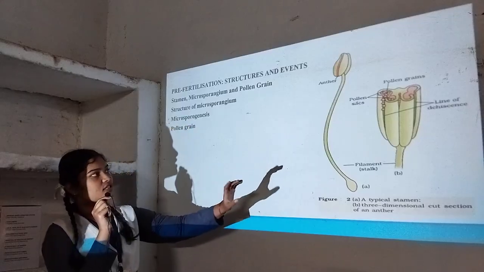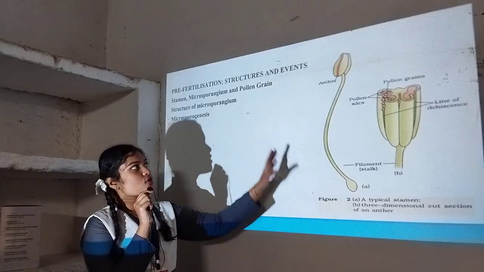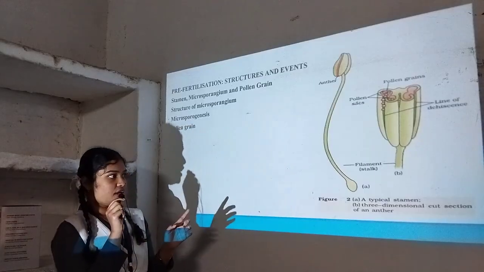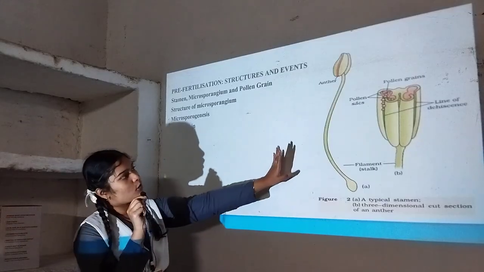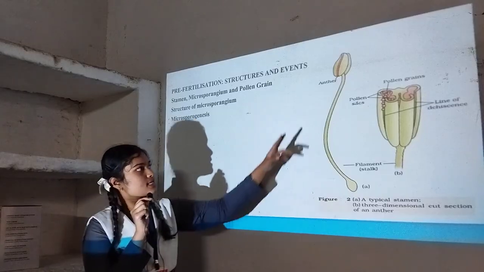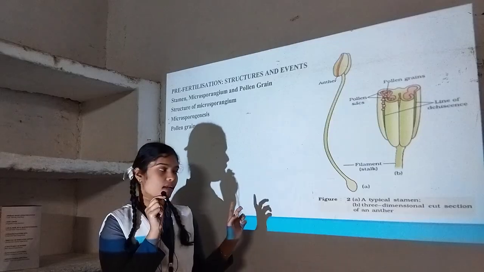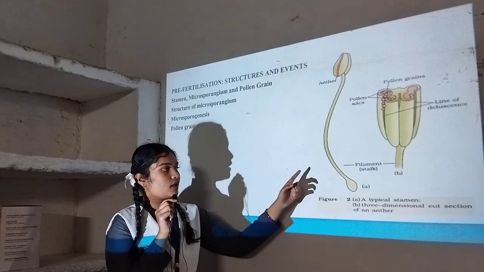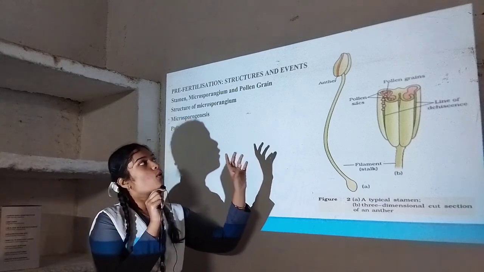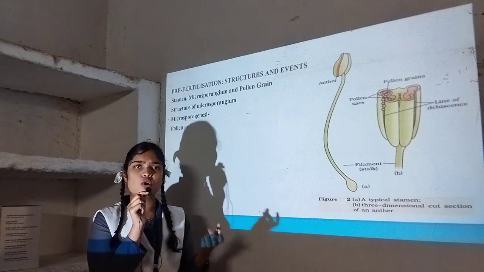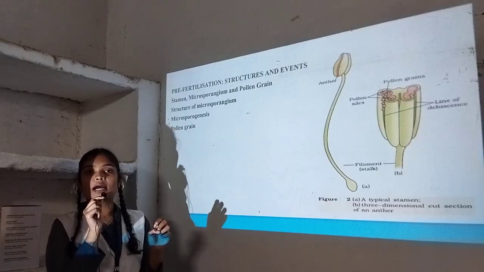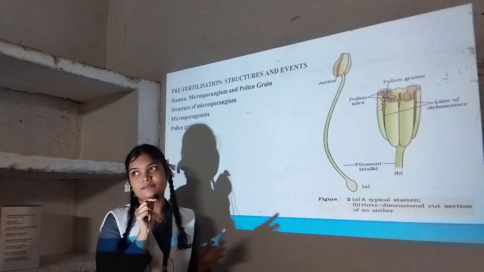Now, this is the structure of the stamen, which consists of an anther and a filament. This anther is the bilobed structure. And each lobe consists of two theca, and this long stalk is known as the filament, and the proximal end of the filament is this thalamus, and the distal end of this filament is the anther. This whole anther consists of four theca, and inside the theca there is the pollen mother cell.